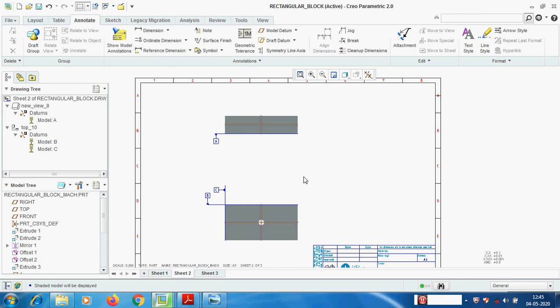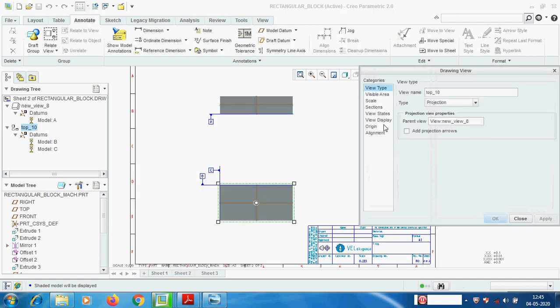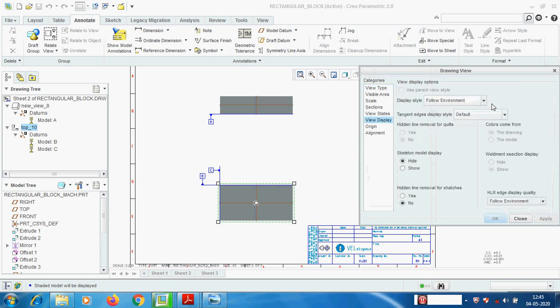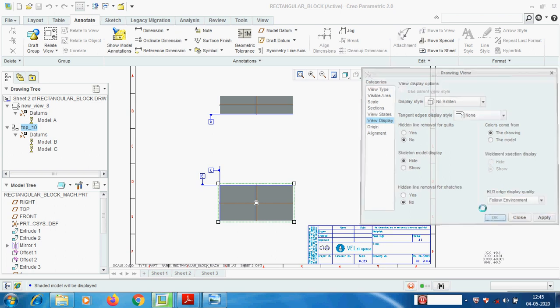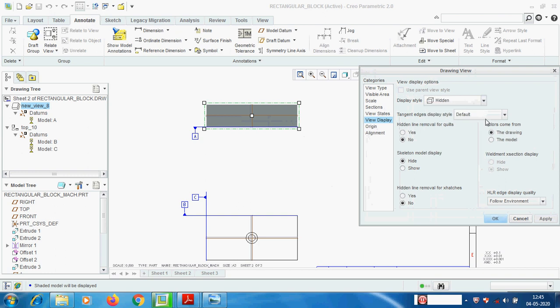Then we have to provide the overall dimensions. I am changing the view display to no hidden, none. Okay, view display, hidden, none.